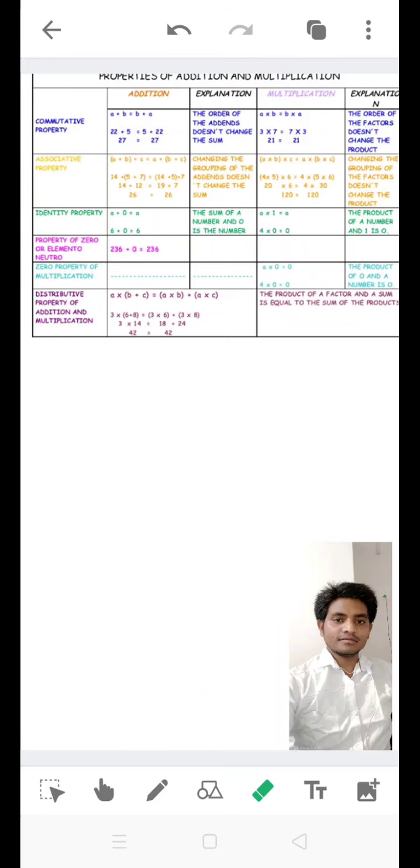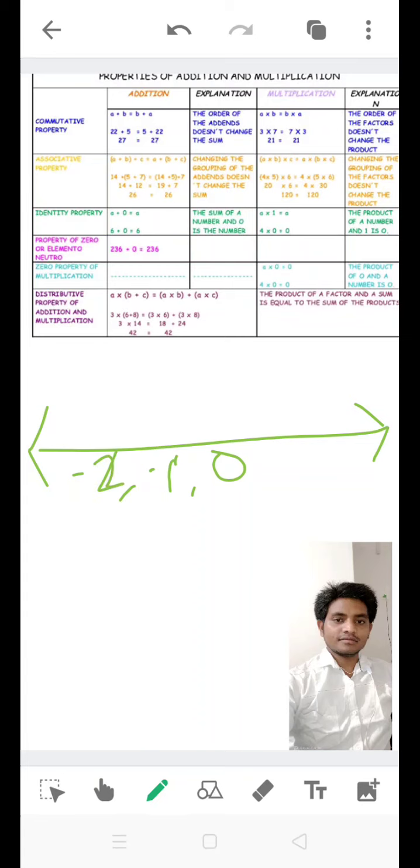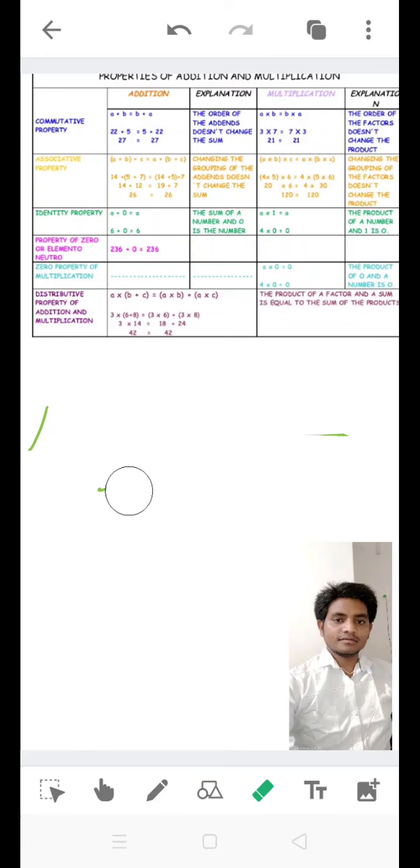We represent negative numbers like 0, -1, -2 and so on. Next 1, 2, 3 and so on. When we represent integers on a number line, the first thing to remember is